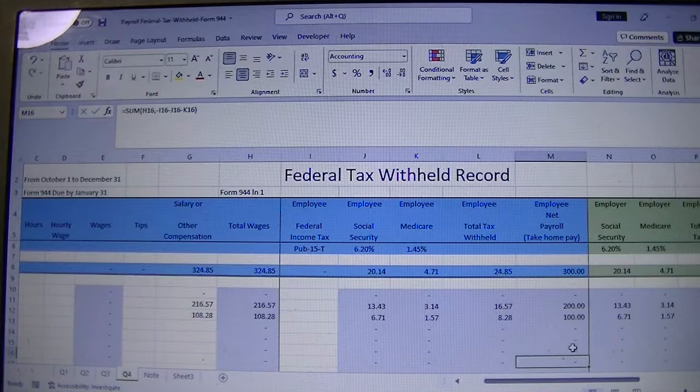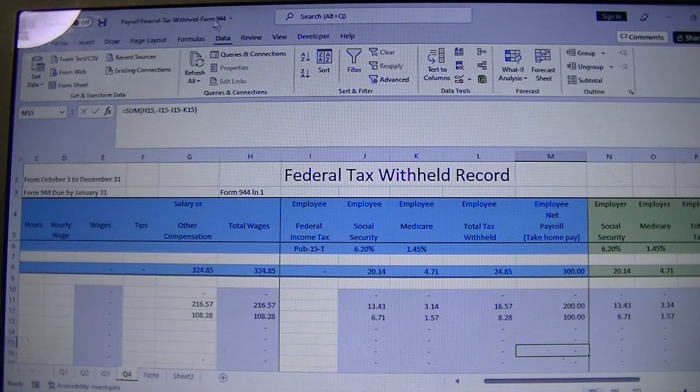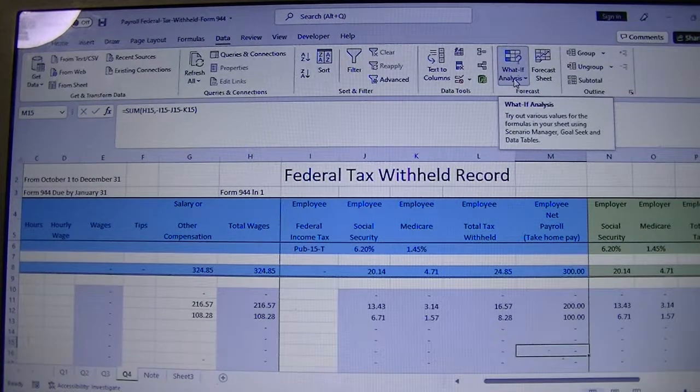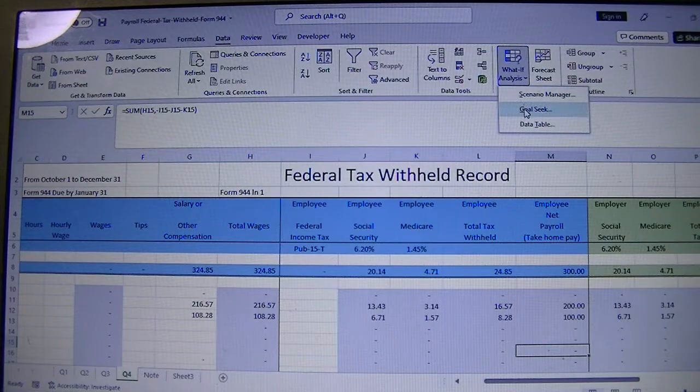So there is a formula there. So what you will do is, we pay $200 net. So you'll go to Data on top, and you click on What-If Analysis, and we made sure we click in the cell that we are going to have the $200. So we'll click on Goal Seek,